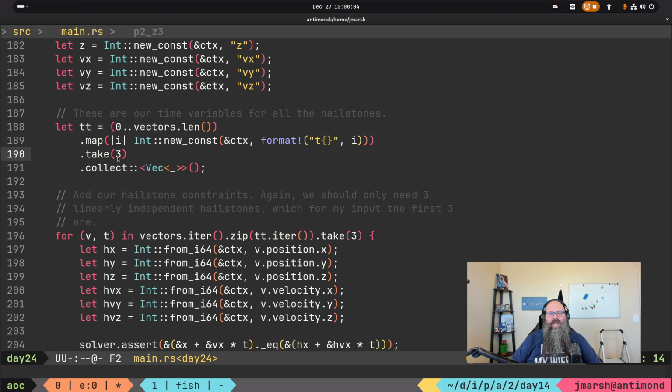Again, because of the way that the problem is specified, one key insight is that you actually are only interested in 3 of the hailstones, as long as those 3 hailstones are linearly independent. Just meaning they're different hailstones, and they're going in different directions, positions, and velocities, such that they would properly constrain the solution to the problem. So we can actually put this right in here, I think, if we go